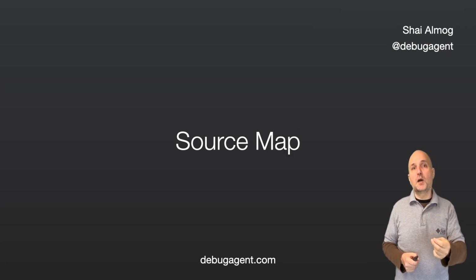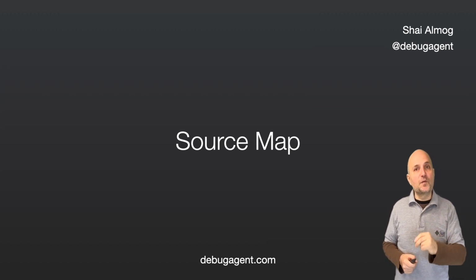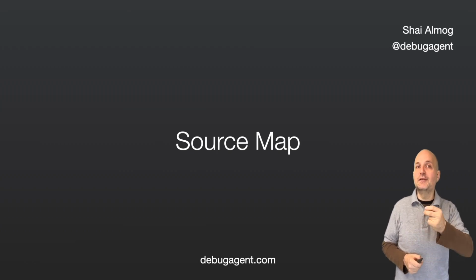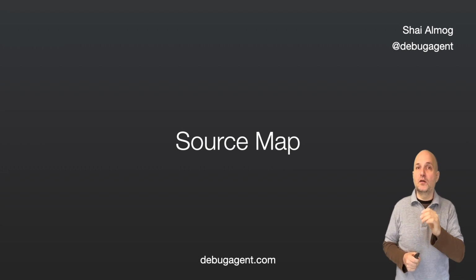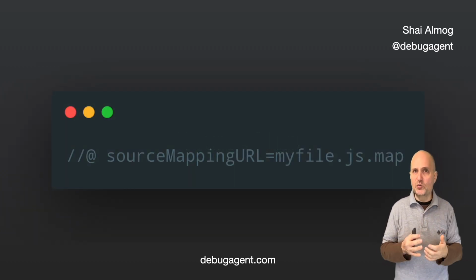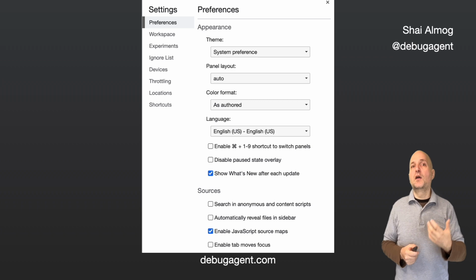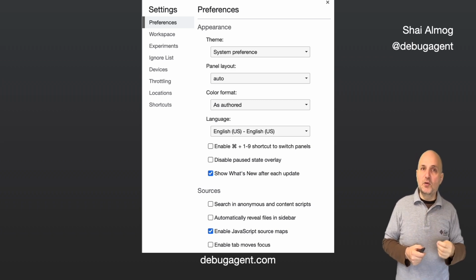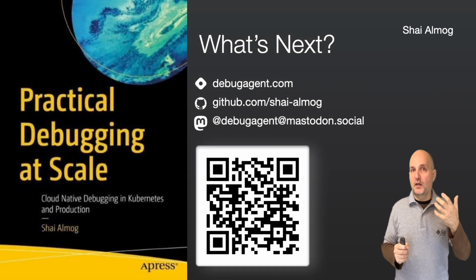A source map might be generated when you process the JavaScript file or compile it from a different language. If such a file is generated, you can use it to completely de-obfuscate the file, including comments. In the bottom of the obfuscated JS file, it has a source mapping comment. This comment binds the source code to the mapping file. For this to work in Chrome, you need to make sure Enable JavaScript Source Maps is enabled in the Developer Tools settings. We're just getting started with debugging the front end.